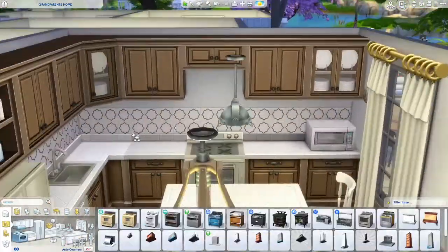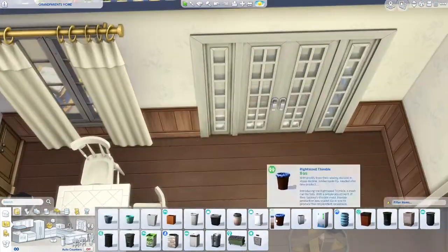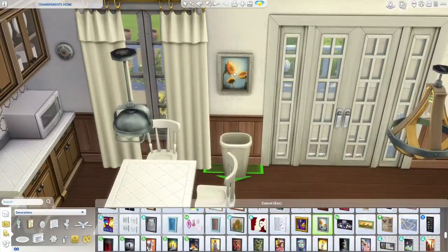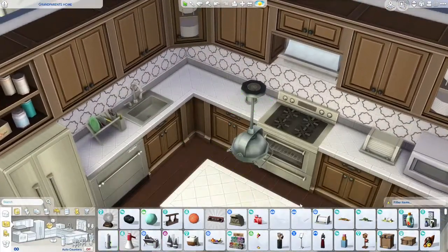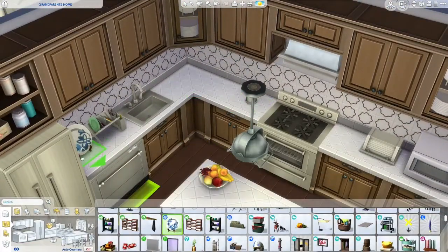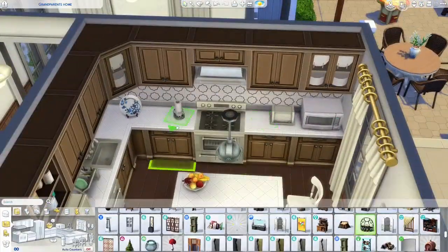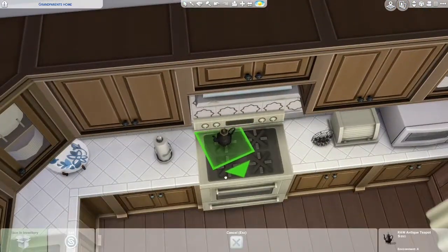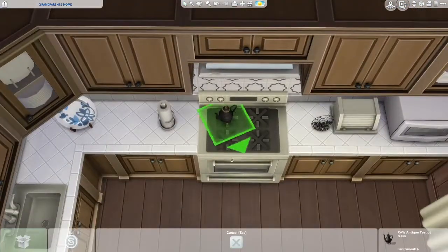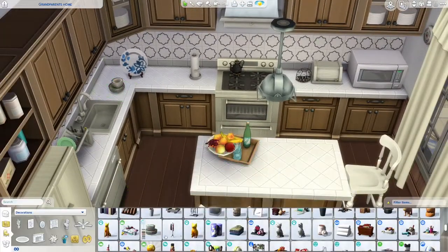So yeah. Also, like I said before, I built this in January, so the bunk beds hadn't come out, the 21st birthday update hadn't come out, Country Kitchen hadn't come out, and paranormal stuff hadn't come out. It was such a long time ago, even before paranormal. So I do think that paranormal stuff would fit very well in this house sometimes. Not all of the things, but